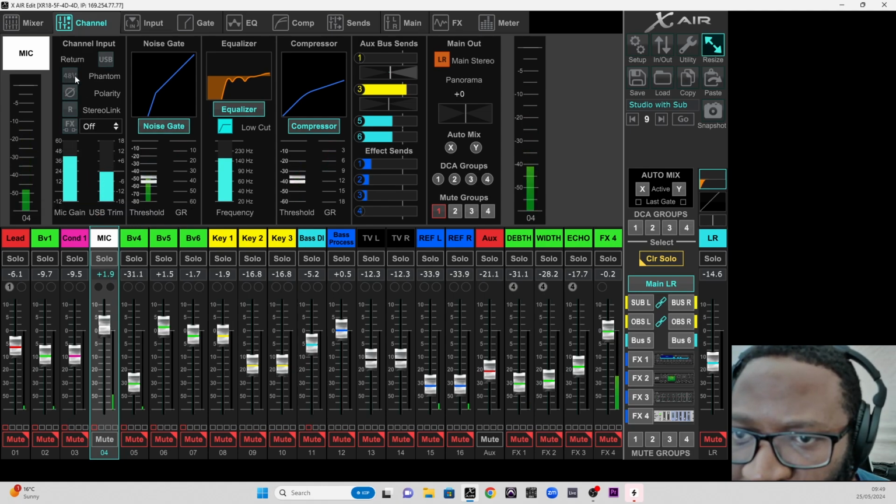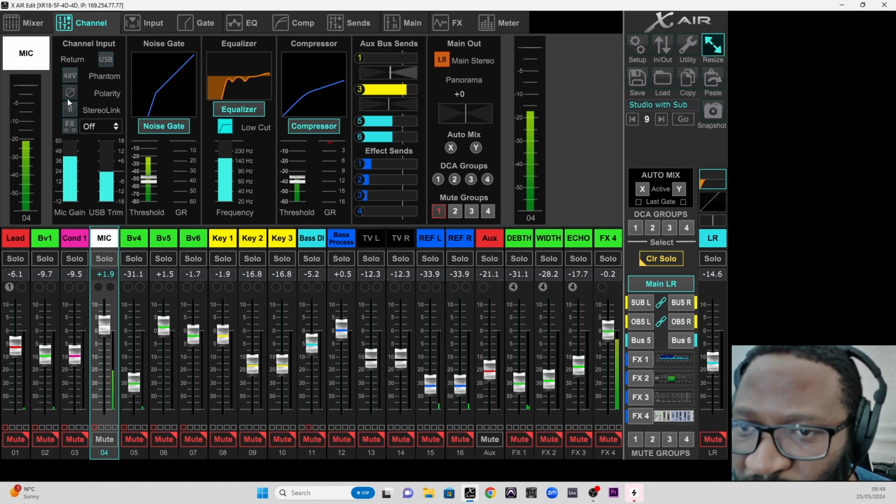Then for 48-volt phantom power, some microphones use phantom power, like condenser microphones. Use that to turn it on. Polarity switch. When you press it, I don't know whether you can hear just how different the voice sounds with that polarity switch on. I've turned it back off now so that I can sound normal again. It's basically used to switch the polarity of a signal, usually used for a bottom snare mic. So if you're miking the top snare and the bottom, then you can polarity switch one,